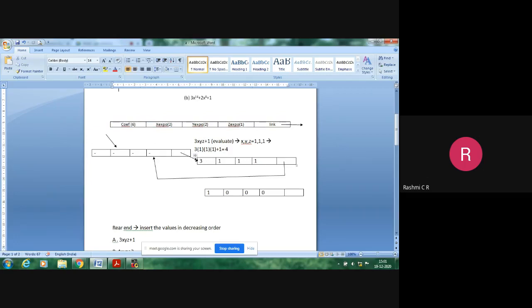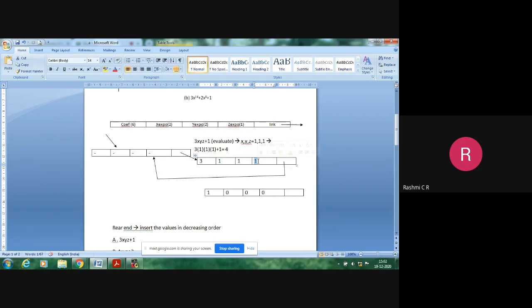So how will this be represented in the linked list? You can look at this diagram. Initially, this is the header node. When you consider the header node, you don't have any data part specified here. It is empty, and its link part will be pointing to the first node. What is the first node? The first node is the first term in the polynomial. According to our example, we have considered 3xyz as the first term. Using this node structure, we have to fill that. 3 is the coefficient, and x exponential is equal to 1. Y exponential is also equal to 1, and z exponential is also equal to 1.